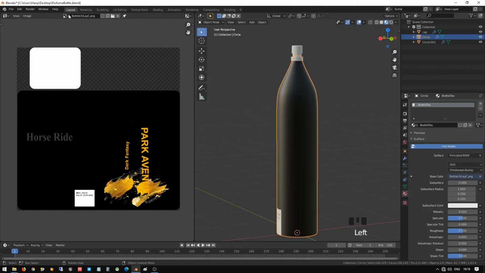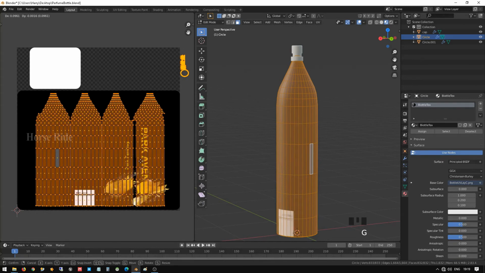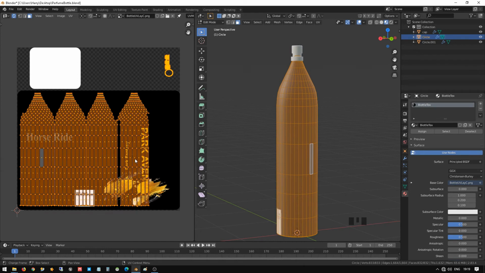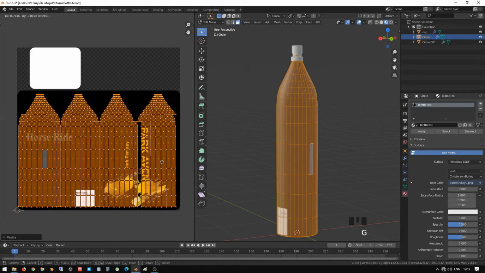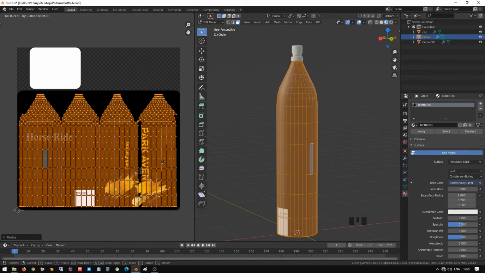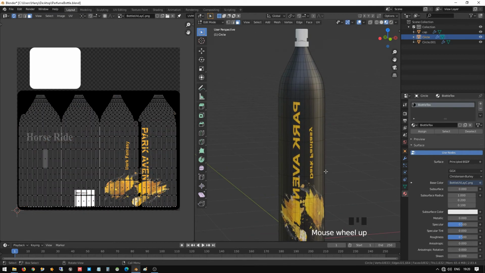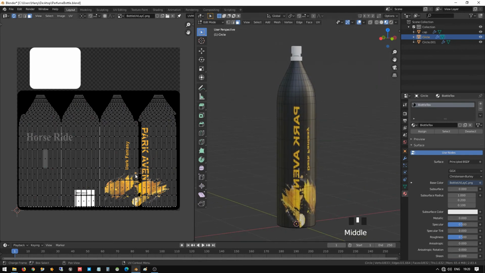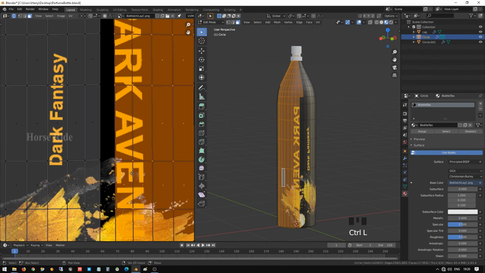Okay, go to the layout section again, go to edit mode, select all, and press G to move, and you can move the same. So I just scale X to make it a little bit bigger, it will be nice. Yeah, okay. Now it's created. Ctrl L and zoom it. Here you can see the gap, so let me fill the same.